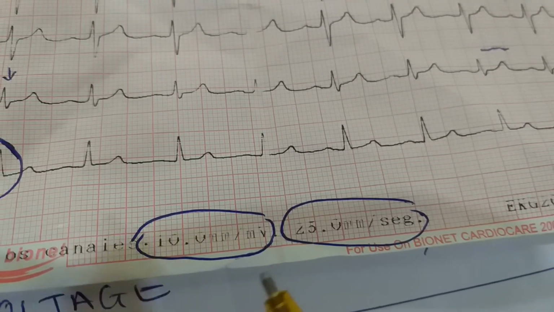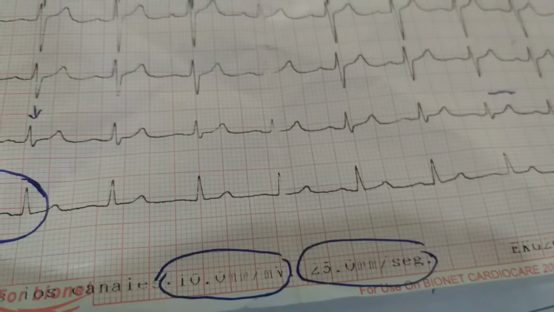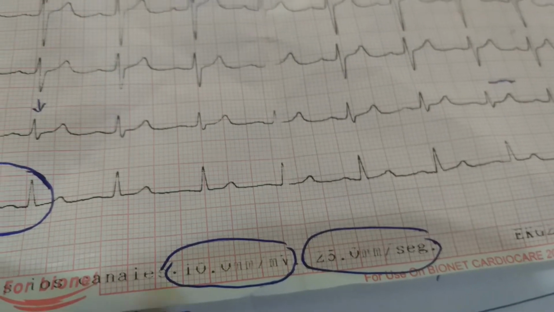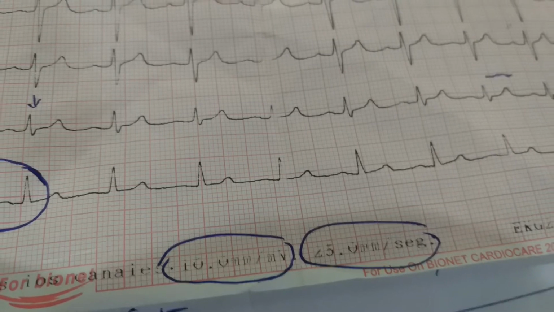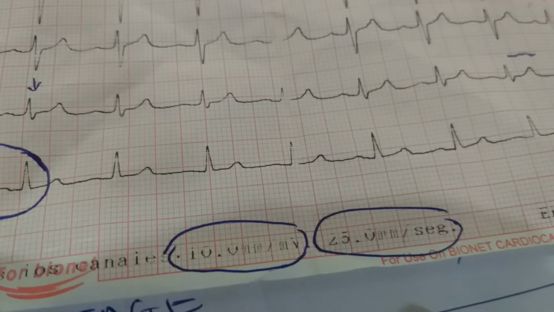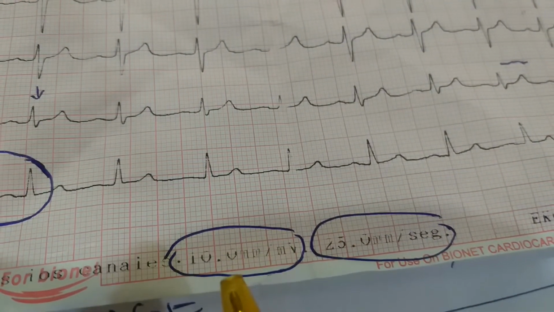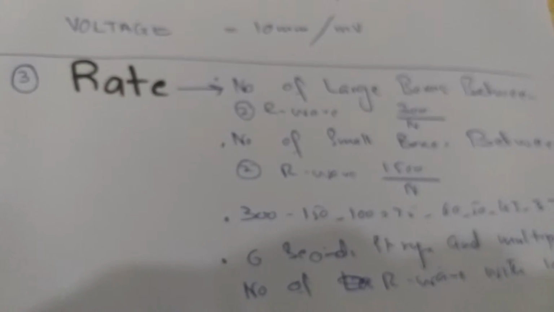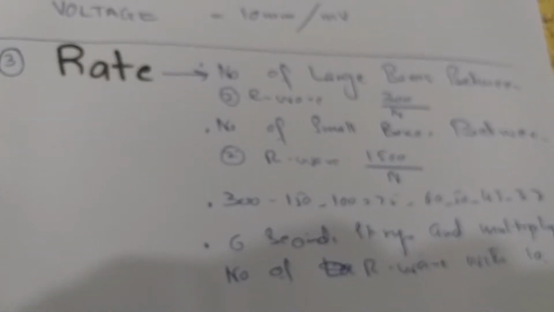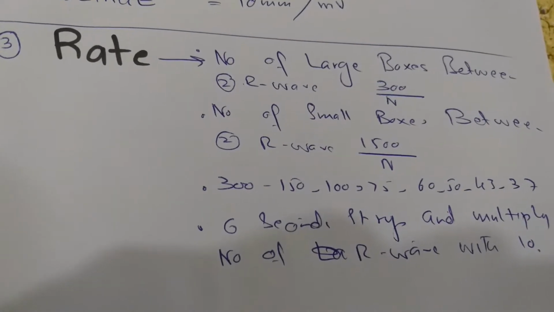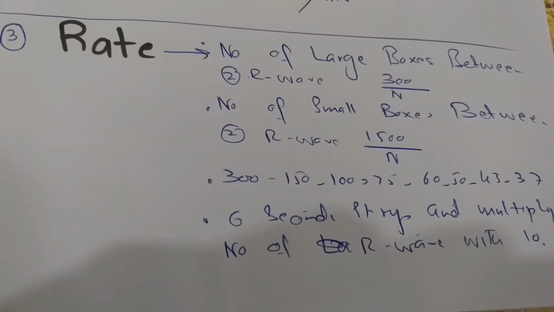It is very important to look at the patient profile: the name of the patient, the date it was taken, the time it was done, and the MR number. The second thing to be careful about is the standard voltage and standard speed setting. Once we are done with the profile and standard settings of the ECG paper, the first thing we are